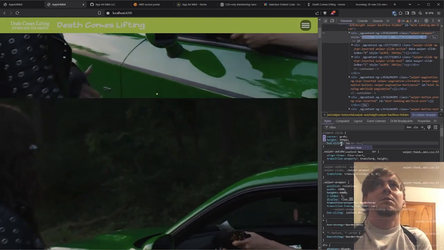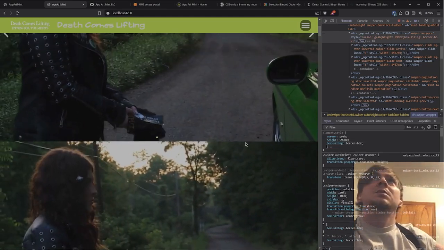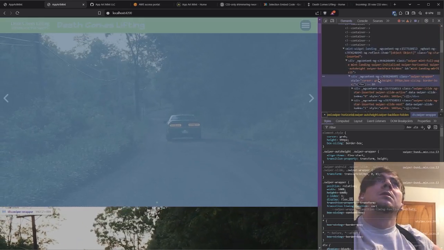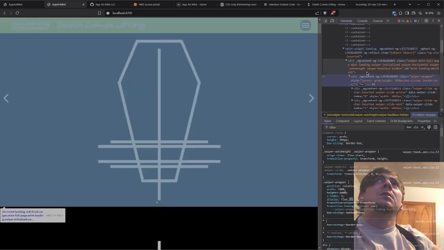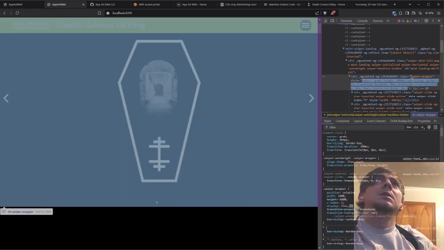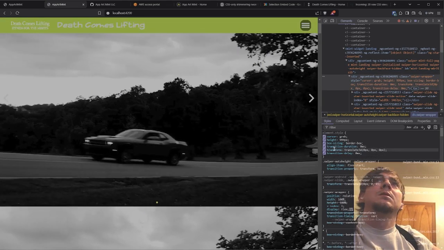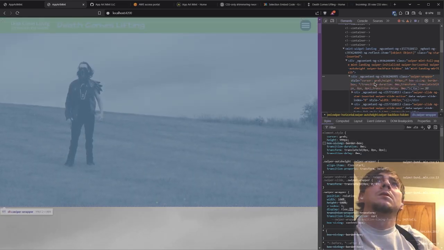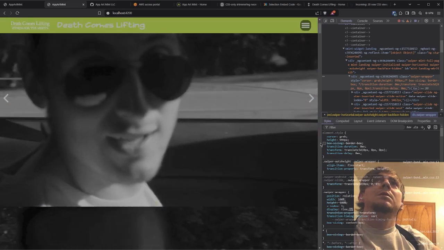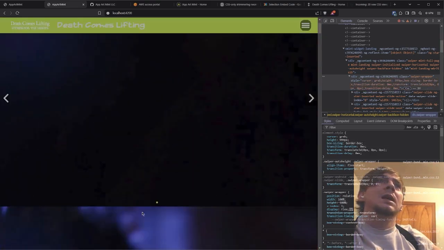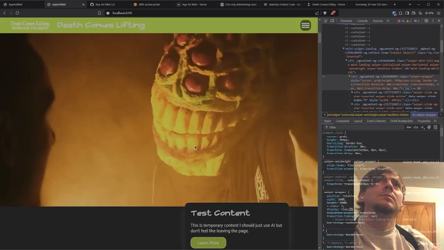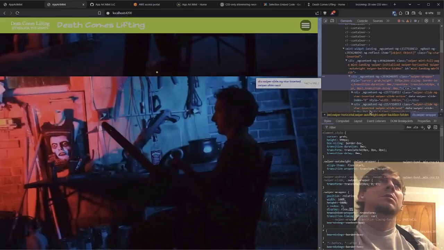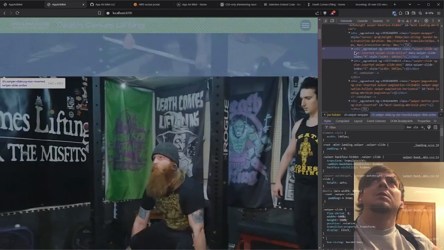So, you set that to border box. And now it looks like it's too wide, right? Can I just get rid of that? No, it's the exact same. Set this to border box, and then